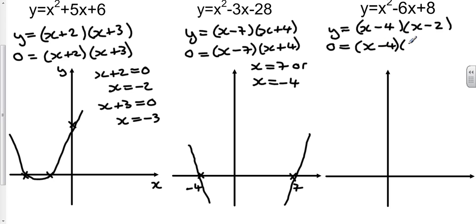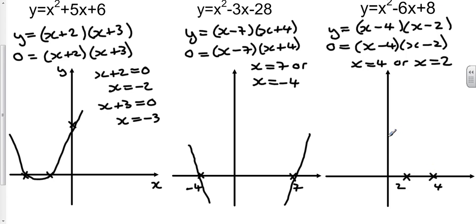Which means that we're going to have two things that multiply together to give 0, because we're solving, and y equals 0 on the x-axis. So either x is going to be 4 to make that bracket 0, or x is going to be 2 to make that bracket 0, giving us a solution at 2, a solution at 4,